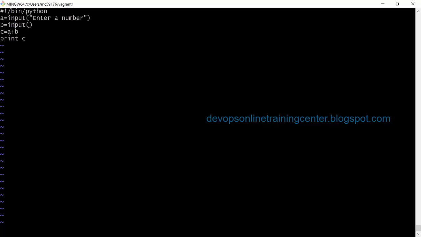B is equal to input, enter another number. Enter c. So this will also give the same result: 10, 20, sum is 30. Is this clear?